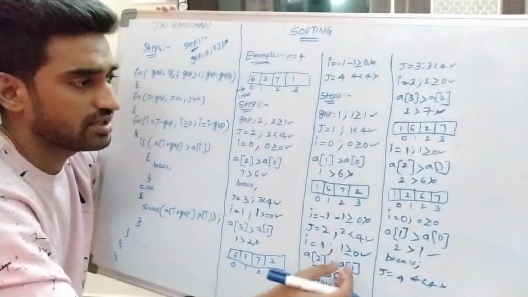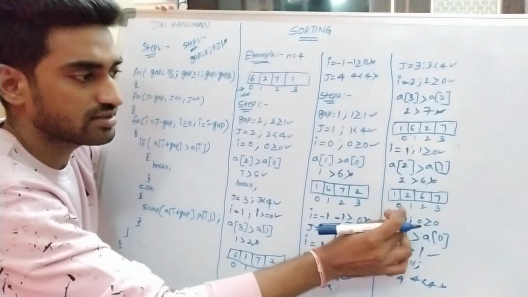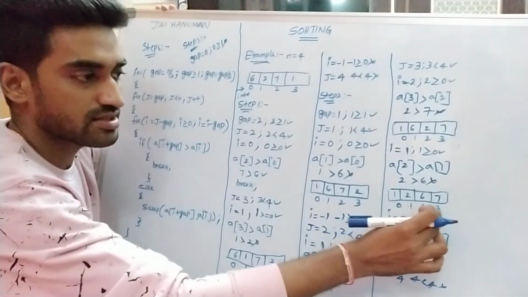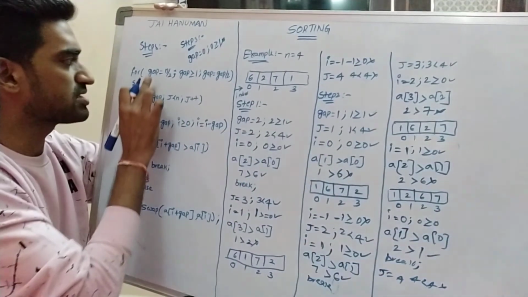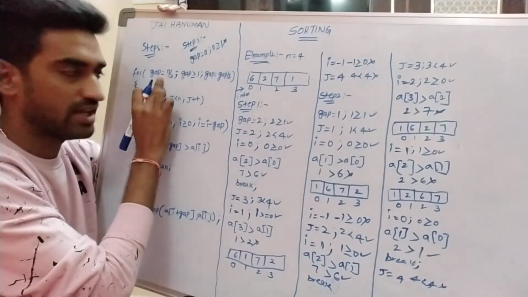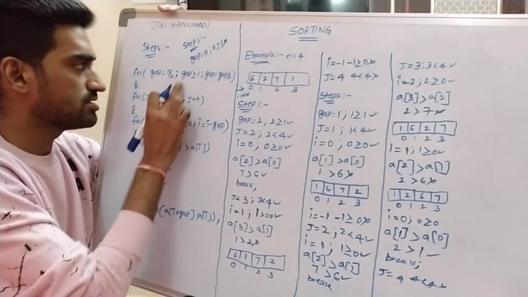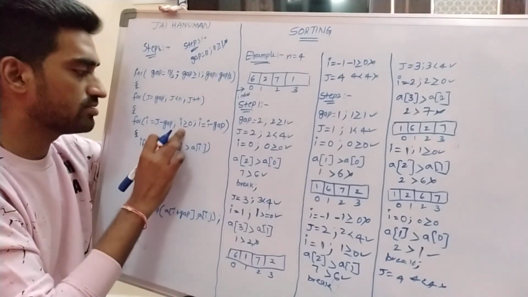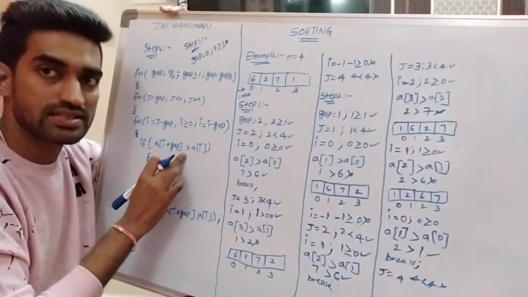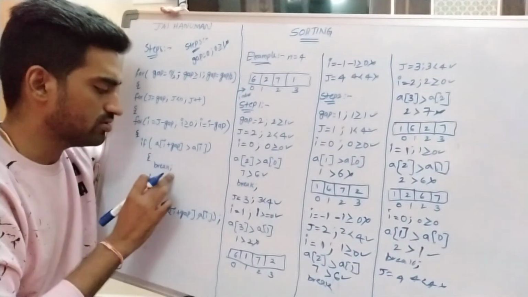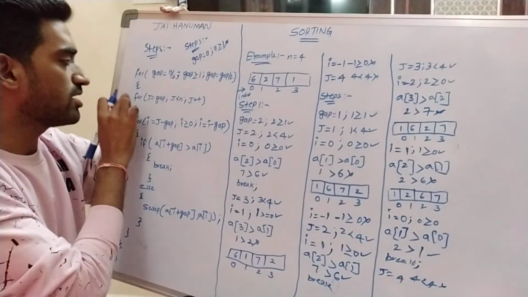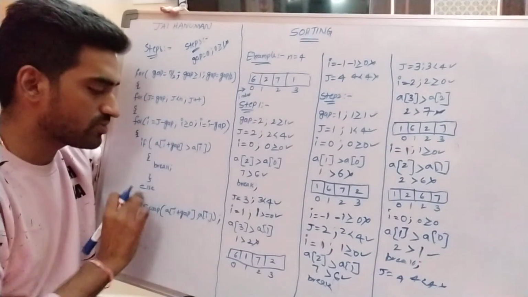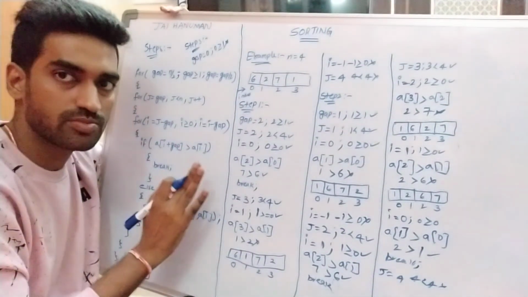So here finally we get the sorted array 1, 2, 6, 7. What is the general process? Once we calculate the gap value, then we check the condition. If this condition is true, then we enter into the J loop. If this condition is true, we enter into this one. This condition is true, we check this one. Once this condition is failure, immediately we suspend from the loop and the outer loop is incremented by 1. Otherwise we swap these two elements. This is the general procedure for shell sort.